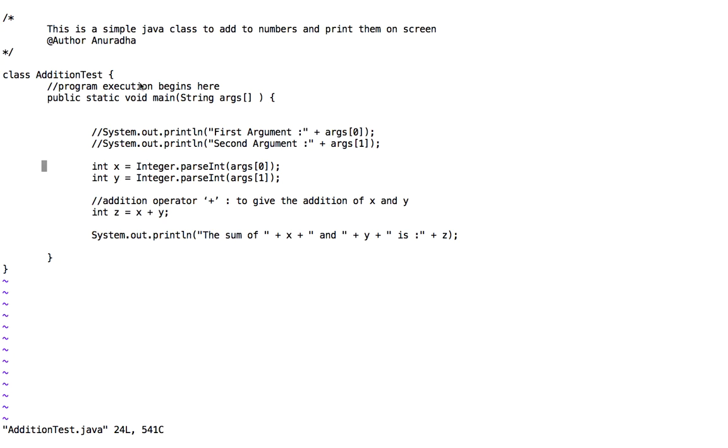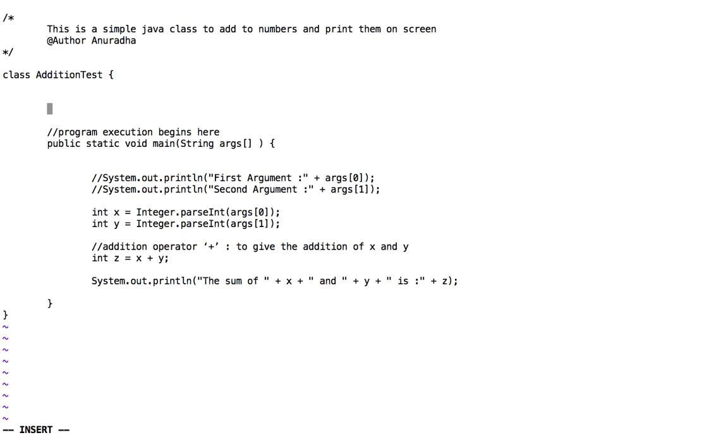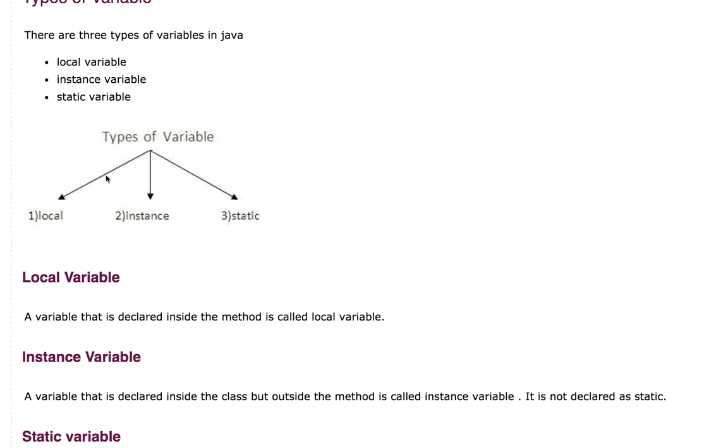Right. Then if you want to define something inside the class, you can define it over here. Suppose I want to declare an integer variable over here. So that can be int, I can call it, suppose, z. Okay, I already have z. Int a. So I can assign a value, suppose 12. So this is not a local variable anymore, right? These variables are called local variables when you define them inside the method. Once you are defining them inside the class,